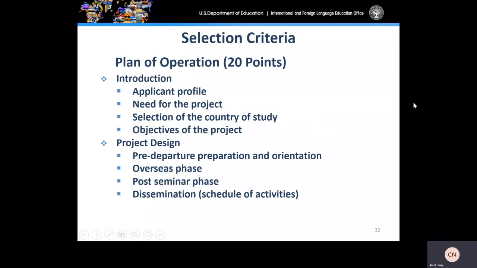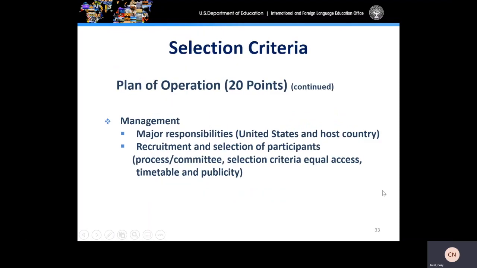Continuing on with plan of operation, the applicant should also address how the management plan will link all of the project phases and how it will efficiently operate under all of the project parties. Applicants should describe in which ways resources and personnel will be used in achieving the objectives of the project and include details of which key personnel will be responsible for vital project components and activities, and describe how, why, when, and where project activities will take place.